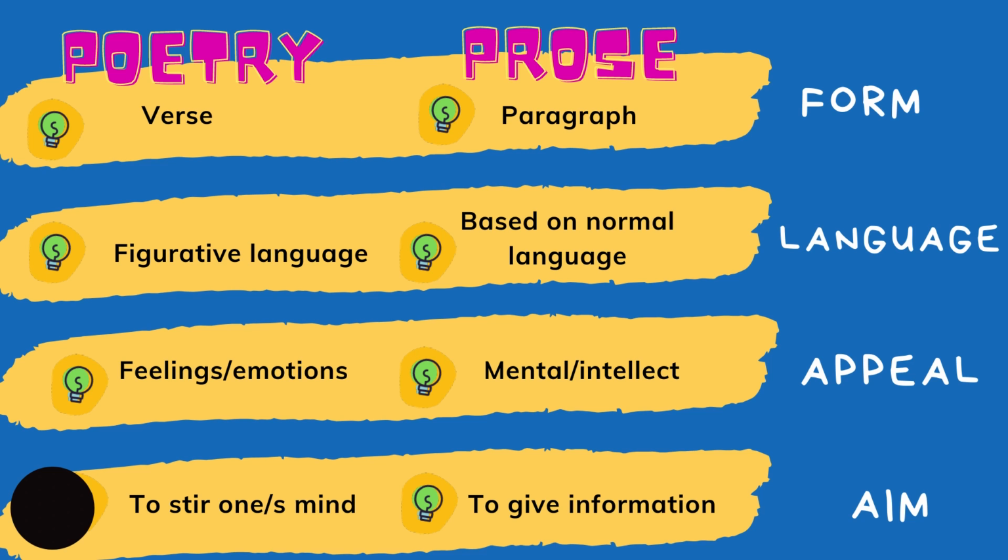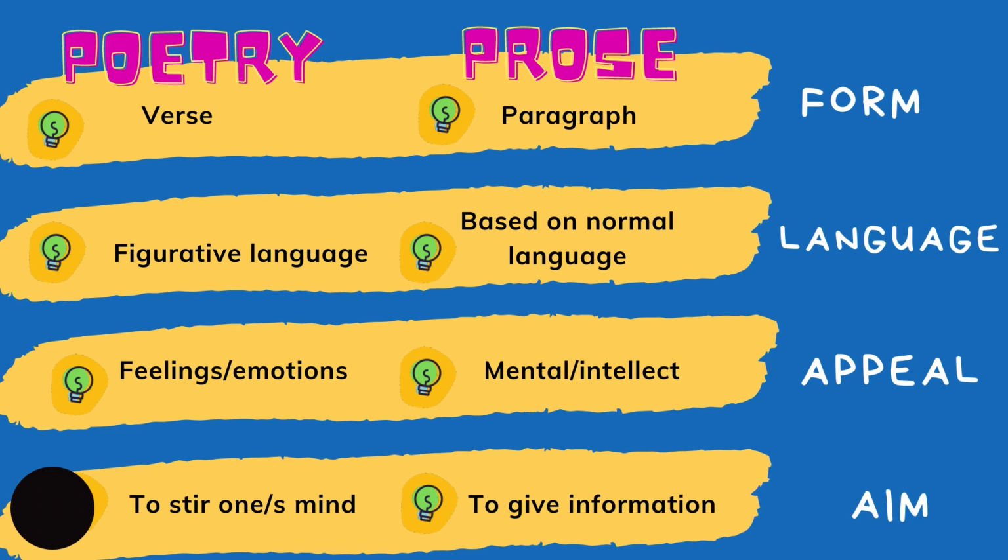Sa poetry, feelings or emotions. Sa prose naman, mental or intellect. Doon sa utak. Kasi sa prose it's more informative. Unlike sa poetry na pag-iisipan ka pa niya ng kahit ano dyan, kailangan mo pang mag-analyze because it used figurative language like idiomatic expressions, okay, metaphors, and the like. Sa prose kasi direct tayo, so it appeals to our intellect. It's informative in a sense. So we gain information intellectually when a specific literary piece is written in a paragraph form.